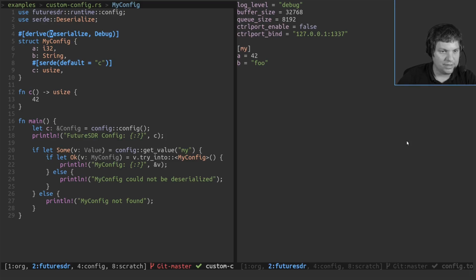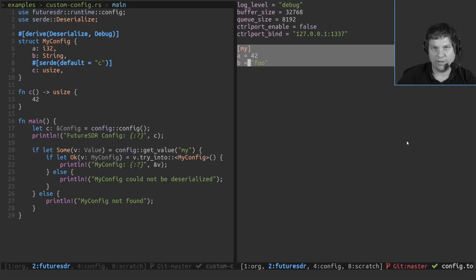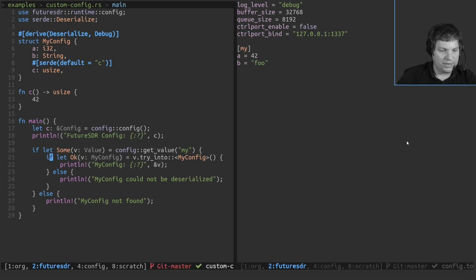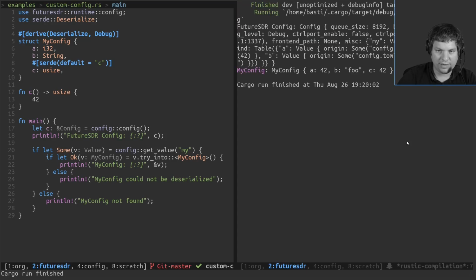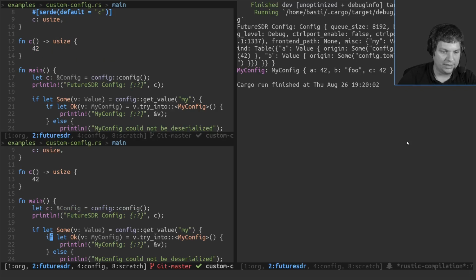And with this, we can now get from the config the my section, or that's with TOML, I think it's called a table. And then we can try to parse that into a MyConfig. In this case, it should work. Example, custom config. Yeah, because what we had in there matches what it expects.